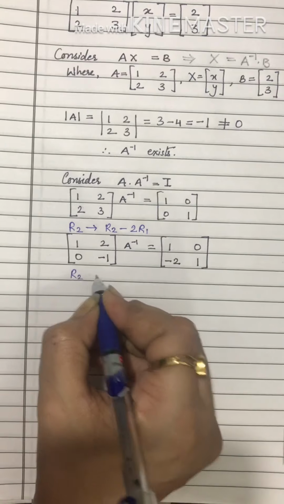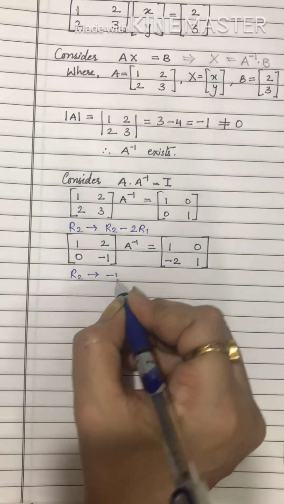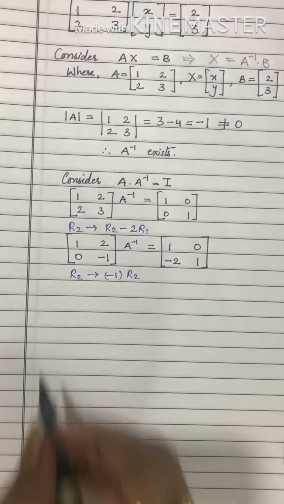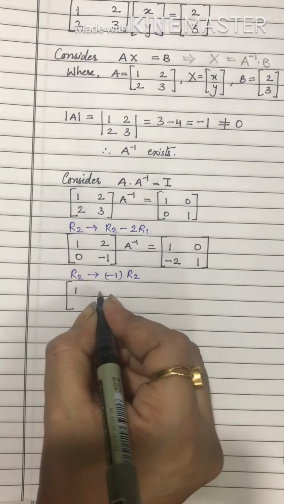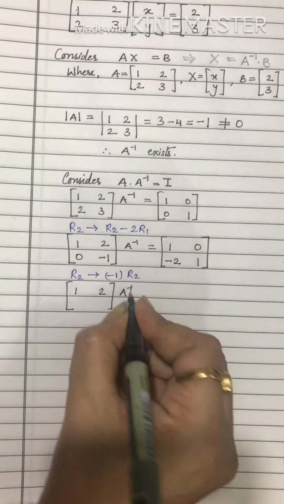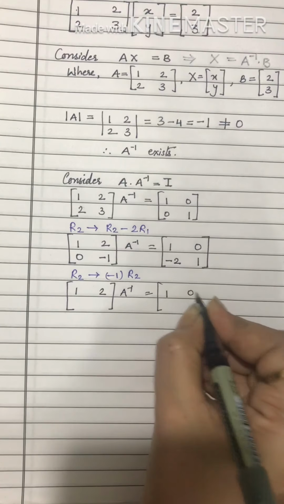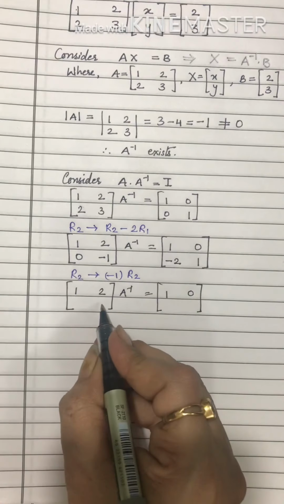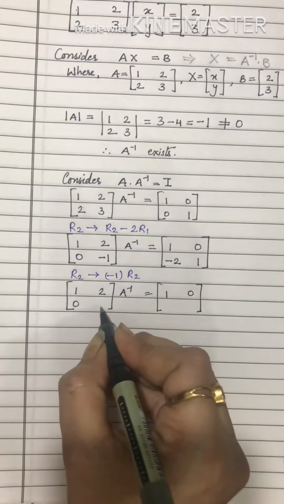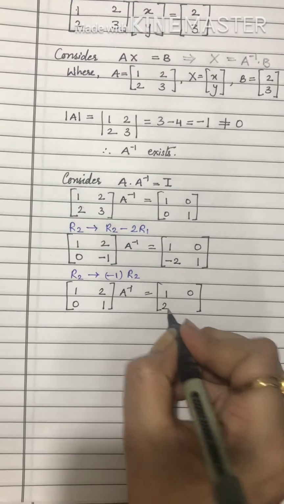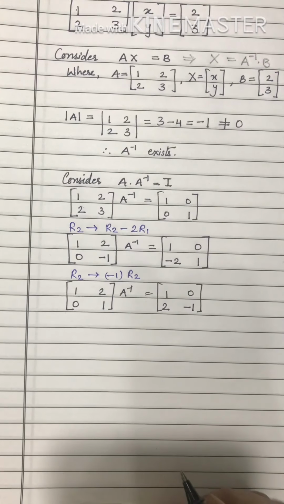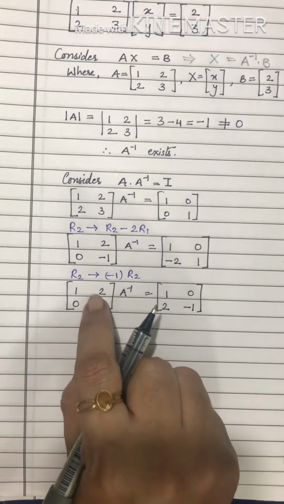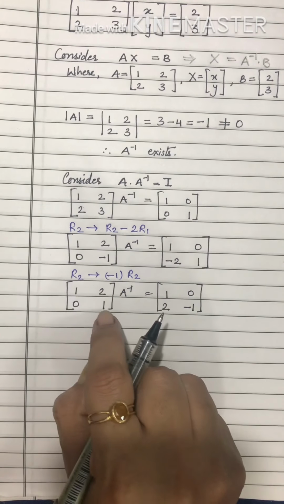What we will do, we will multiply this by minus 1. So minus 1 into R2. Okay, so what we get further, I write row 1 elements as it is. Now in the second row you have to multiply each element by minus 1. So we are getting 0, 1 here, and here 2 and minus 1. This was pretty easy. Now next, last step left, this element 2 we have to convert into 0 by